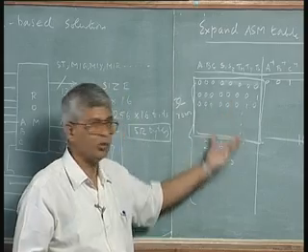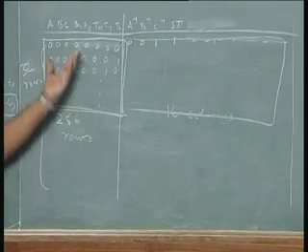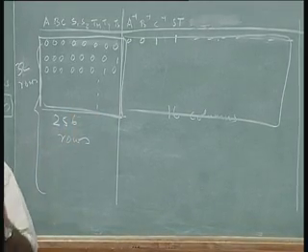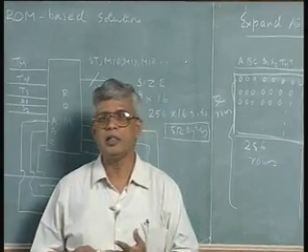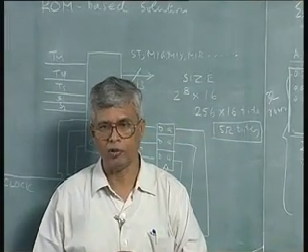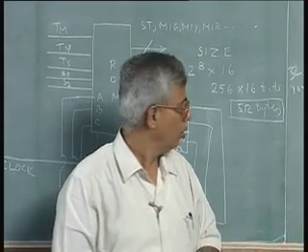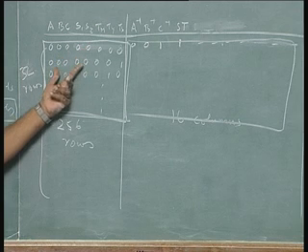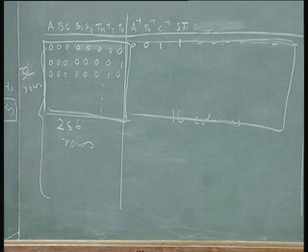Of course, you do not give it in this form. In a ROM table, you do it in hexadecimal form. ROM table is not written in binary because it is so huge to write. ASM table or state table we write in binary, or truth table we write in binary. ROM table is generally written in hexadecimal form. So, we can compress the size of the table. So, this will be written as 00 hexadecimal, this is 01, this is 02, like that. So, the hexadecimal ROM table will look like